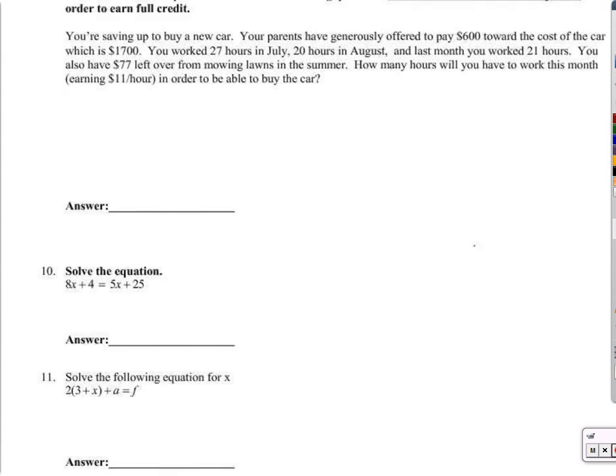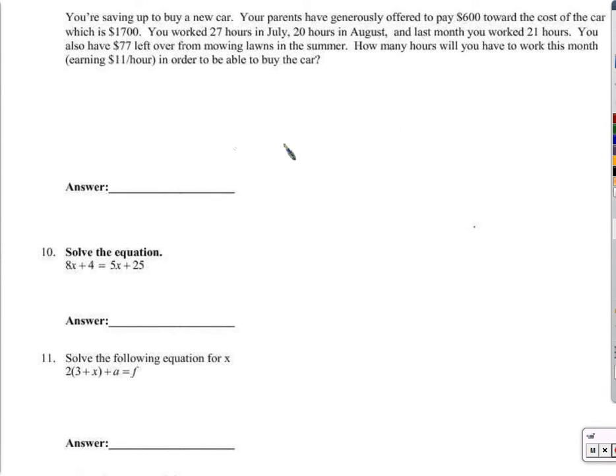Okay, again, mom and dad loaning you money, or giving you money to buy this car. You're working, you're picking up money wherever you can find it to add up to this $1,700. That's how I saw lots of different equations. This is the equation that I think of. All this money has to add up to $1,700. So I just add up all the money that I have or will have, and it has to add up